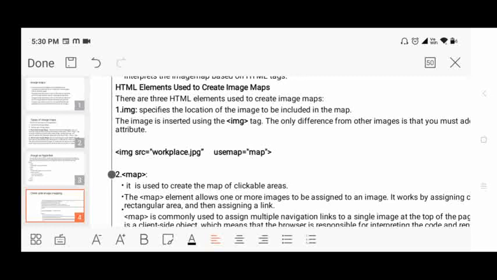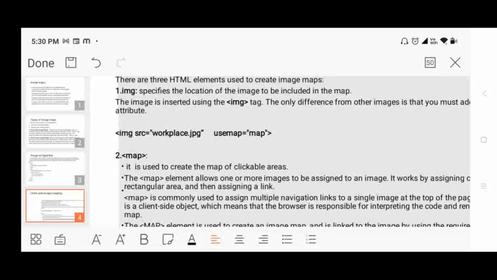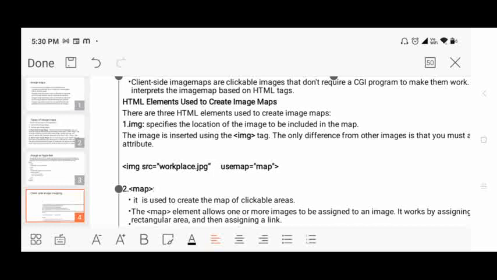So when you are using it as an image map, it is a condition that in the image opening tag, you have to use a usemap attribute. Here I have given usemap equals map.